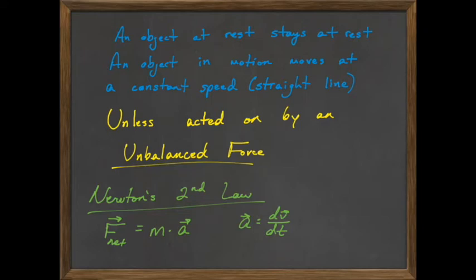So Newton's second law is the net force is given by how much mass is on the object and how much its motion changes. A more direct way of looking at Newton's second law is not usually written in this form. It usually is said that the acceleration, or rather how the motion of the object changes, right? Remember, acceleration is change in velocity. So acceleration tells us how the motion is changing. This change is proportional to how much net force is acting on it, but inversely proportional to how much mass